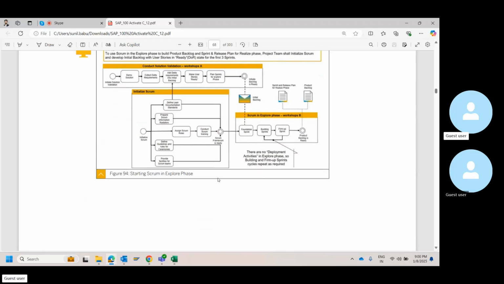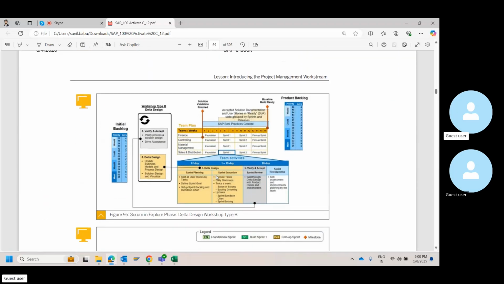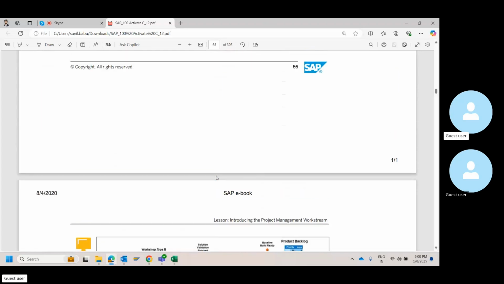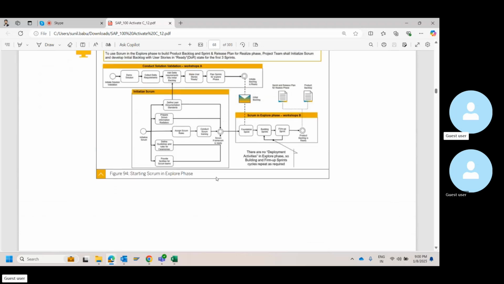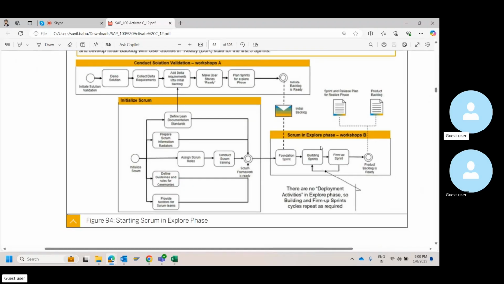This I don't think you will need. Okay, we will cover these two. This I think I have to cover, but I believe it will be beneficial if you try to spend some time understanding those terminologies which we discussed, because everywhere you see delta requirements, backlog, explore phase, all the same things will pop up.